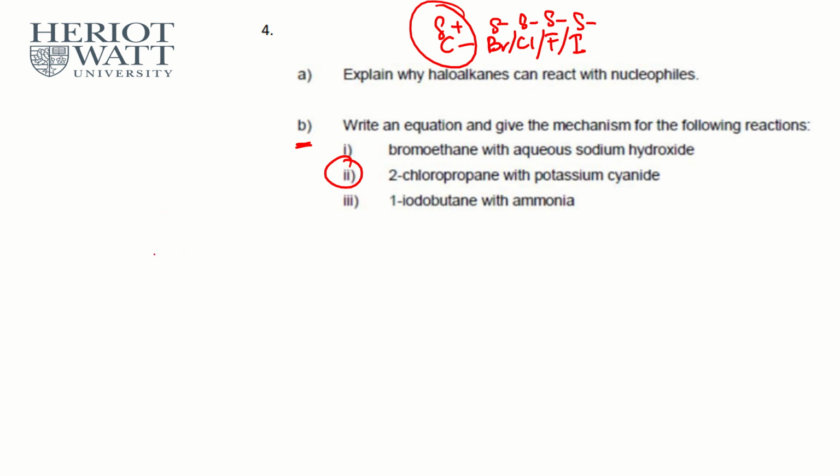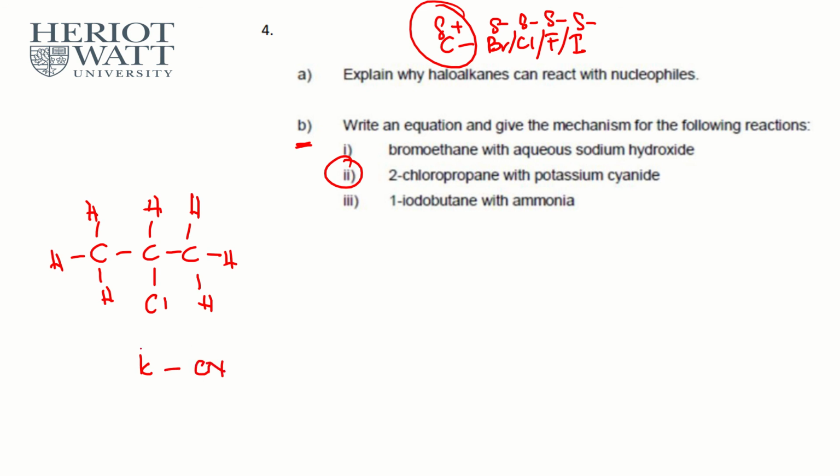So in this case, we have 2-chloropropane. So 1, 2, 3, 2-chloropropane. This is the structure. The rest are all hydrogen, right? And this is going to react with potassium cyanide, KCN. Okay, now don't misunderstand this. KCN is actually an ionic compound where the K metal ion does nothing, so I might as well just show you